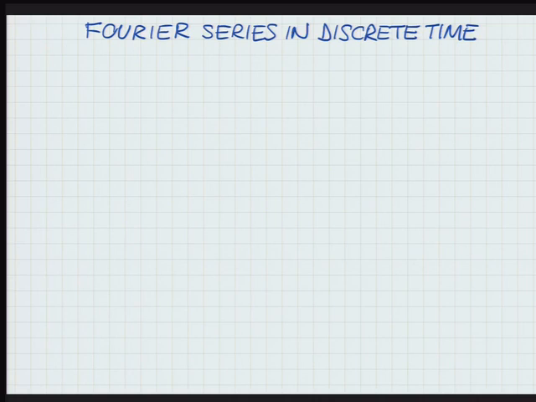Okay, so we'll talk about Fourier series today, but in discrete time. So we're switching from continuous to discrete. In many ways, discrete time Fourier series is actually easier. There's some indexing and things like that that make the writing a little messier, but conceptually it's a lot easier. So before we delve into this, a few words about discrete time periodic signals, and nothing is fundamentally different here, of course.